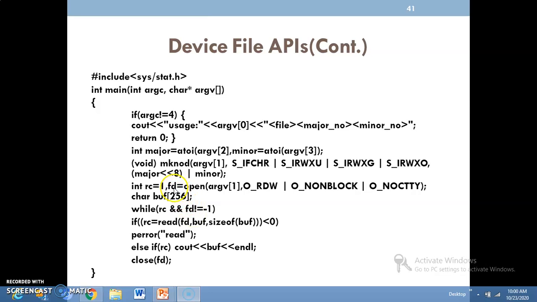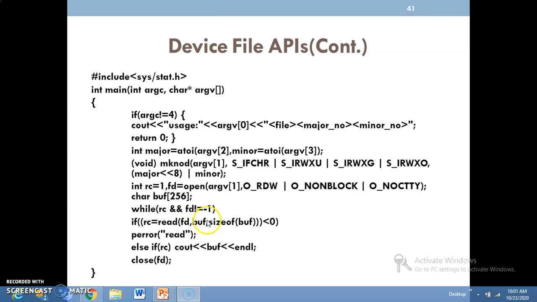The file descriptor I retrieved is not -1. Assume that I got 4. 4 is not equal to -1, so it is 1. Then what is the RC value? 1 logical AND 1 is 1, so while(1) is the statement. What are we doing? Read. We are reading the contents of the device file.